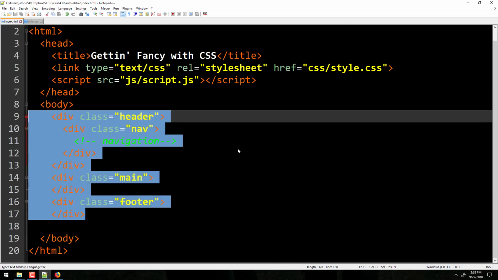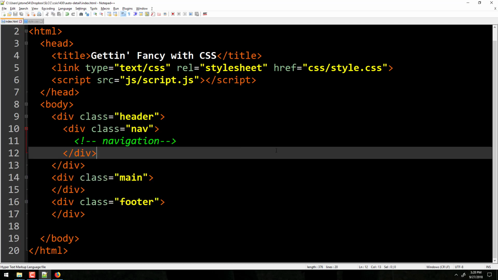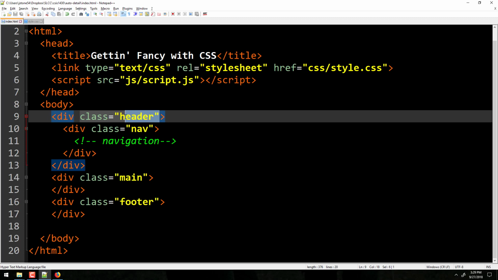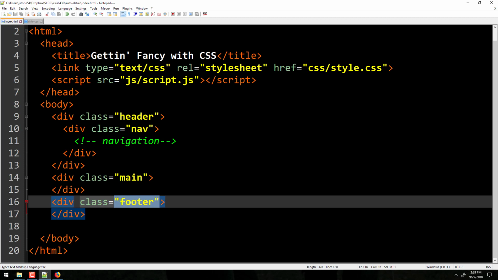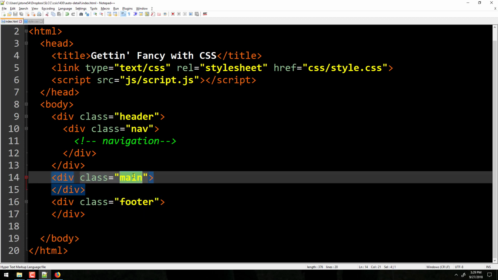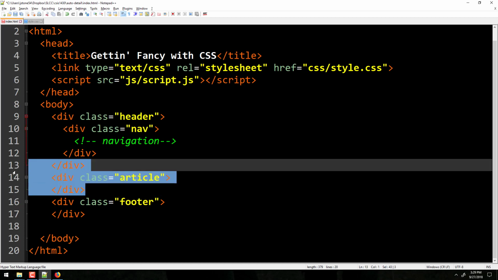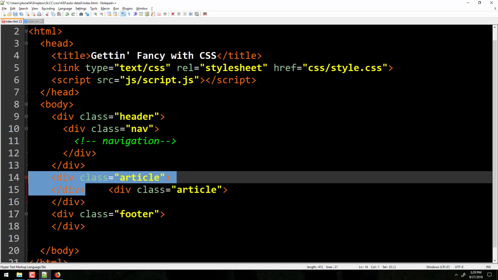So what's happening here, over the years, this was a very common way you'd see websites designed and programmed. Well, what happened, Google did a web crawl of basically every single website on the planet, pretty much. And they kept track in a database of what were the most common classes being used. And they found that header was a very common one, nav was a very common one, footer was a very common one. On blogs, they found that rather than main, they would have one called article. And they also found that a very common one on blogs was